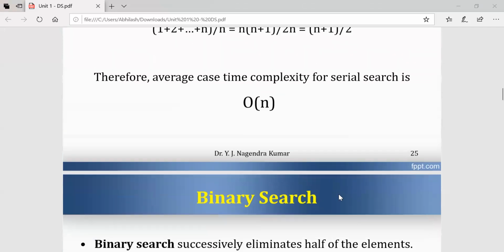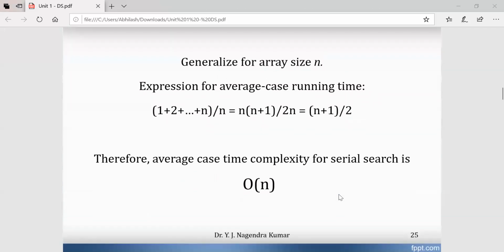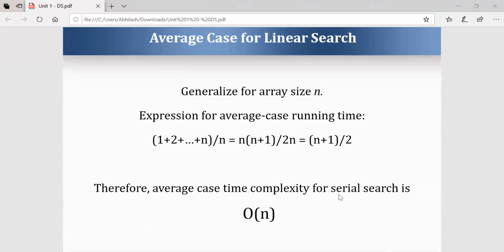And here one more case is there, that is the best case. There are three cases: worst case, average case, and best case. In the best case, if the element is found at the first location itself, how many comparisons are required? Only one. That is the best case, and the search complexity is order of 1, because the element is found in the first record itself.